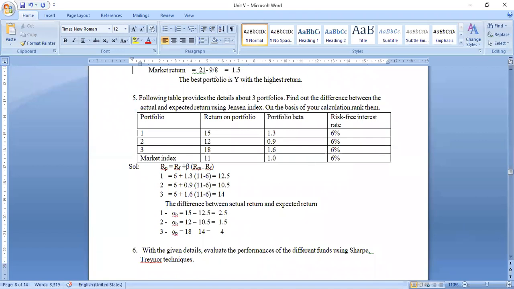As I had already told you in yesterday's session, you can use any of the three formulas that were discussed in yesterday's session. Whichever you feel comfortable with, you can use. And the most important point in case of the Jensen index, which is not done in case of Sharpe or Treynor, is that in case of Jensen, there is a standard benchmark which is being fixed, and that is why we try to find out the difference.